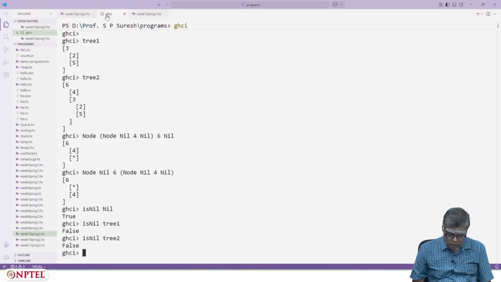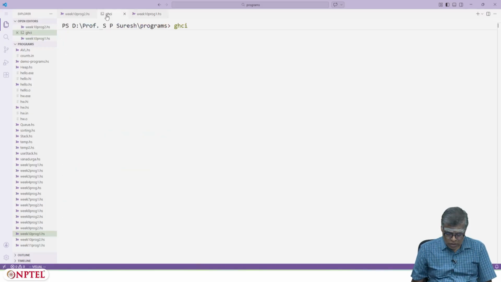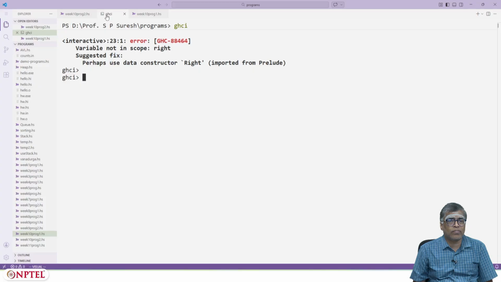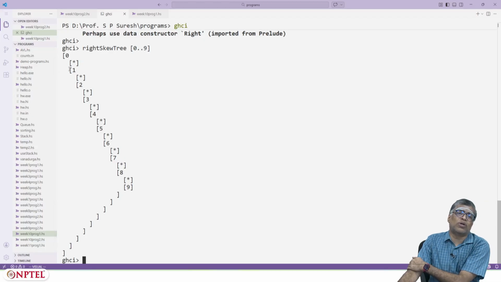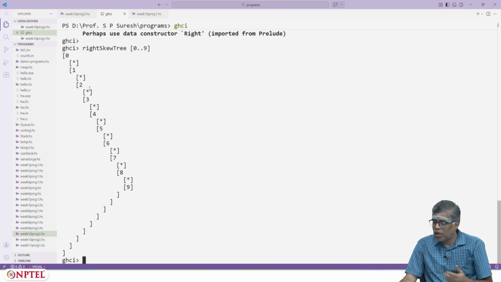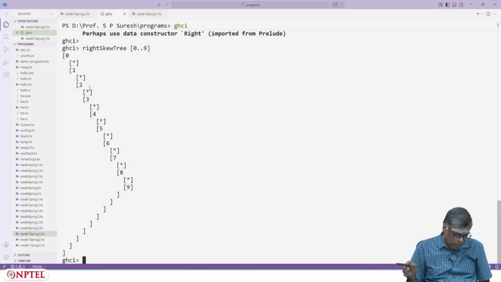So right skew tree of 0 to 9 is a tree that looks like this. 0 is the root, its left subtree is empty, its right subtree has 1 as root, whose left subtree is empty, and whose right subtree has root 2 and its left subtree is empty. If you are to think of it as a picture, I'll draw a picture when I get back to the slides. Similarly, you can do left skew tree.